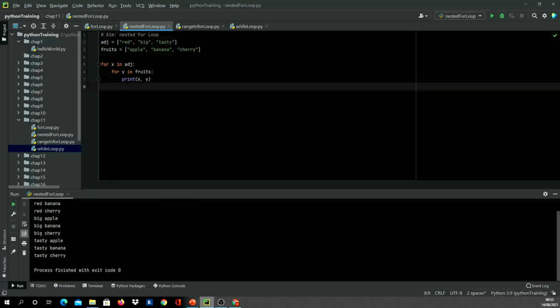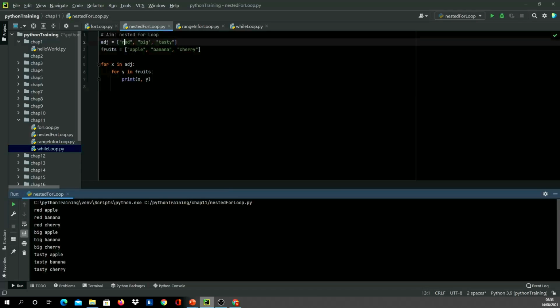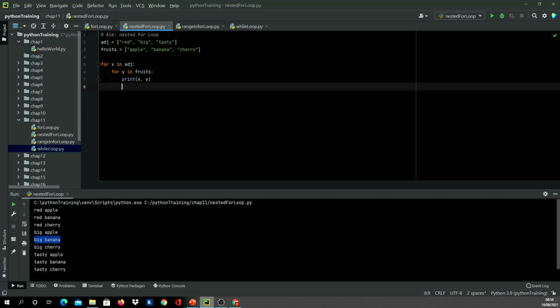First time I get red apple, then red banana, then red cherry, then big apple, big banana, and you get the point there, I guess. So that's our nested loop.